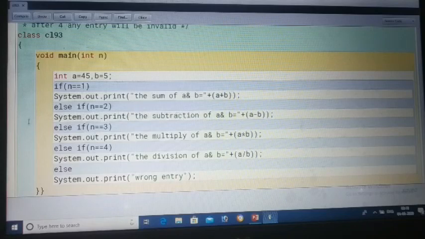Otherwise control will be passed further. Is it okay? So this is the implementation, or you can say example, of if-else-if statements. Now we will see some more examples of if-else-if statements.